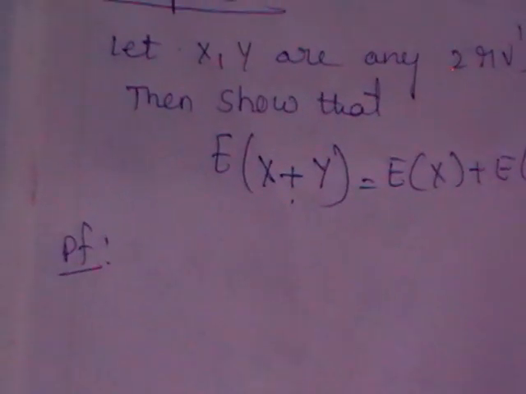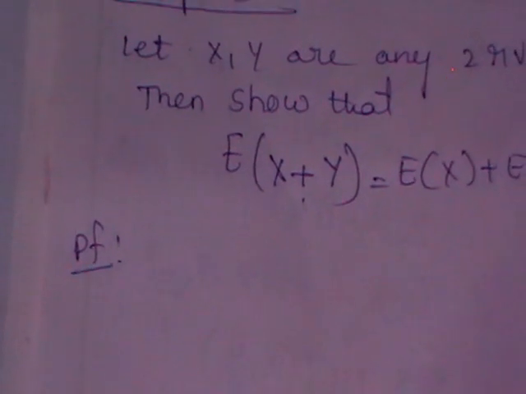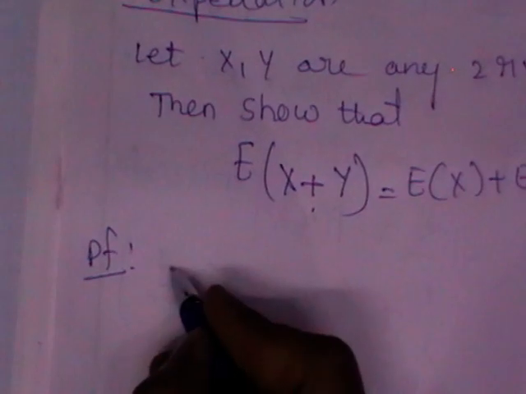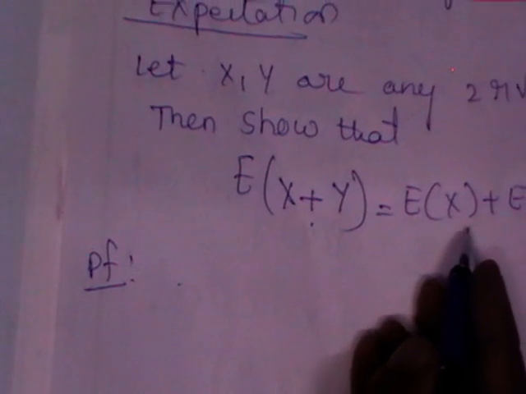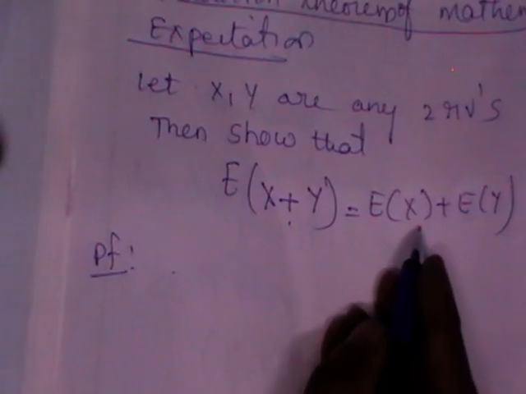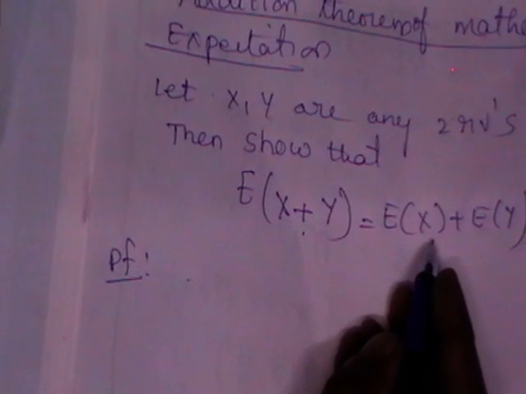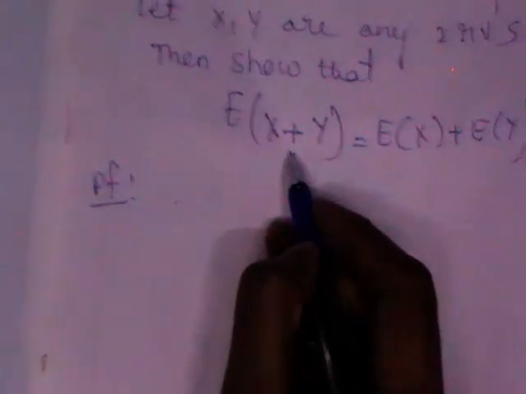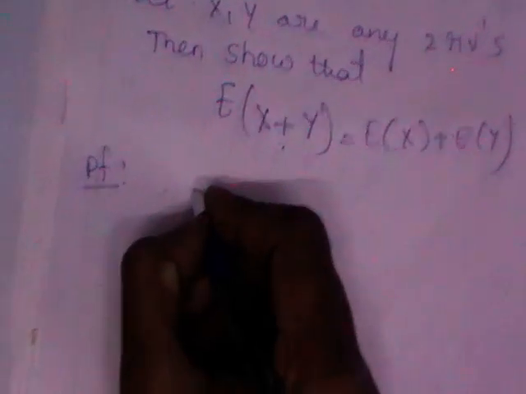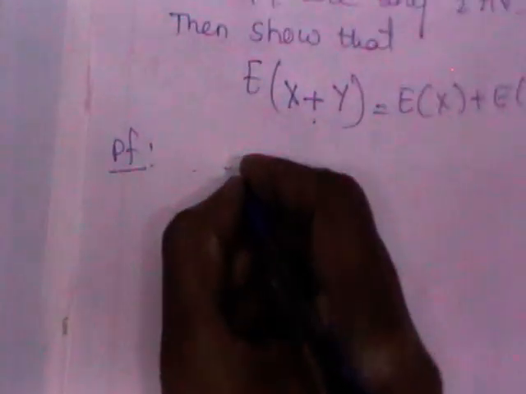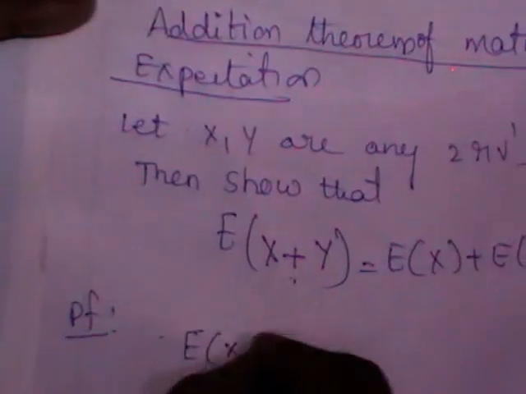Let us discuss this with continuous random variables, both addition and multiplication theorems. They may be either discrete or continuous. So if you deal with the discrete case, the proof will be easy. So before going into the proof of the theorem, let us again redefine the expectations in case of continuous.